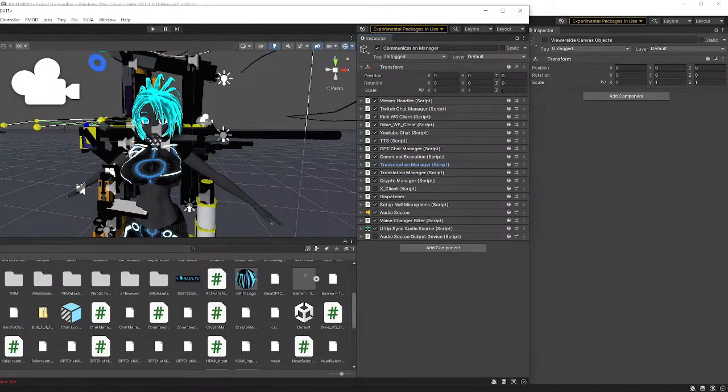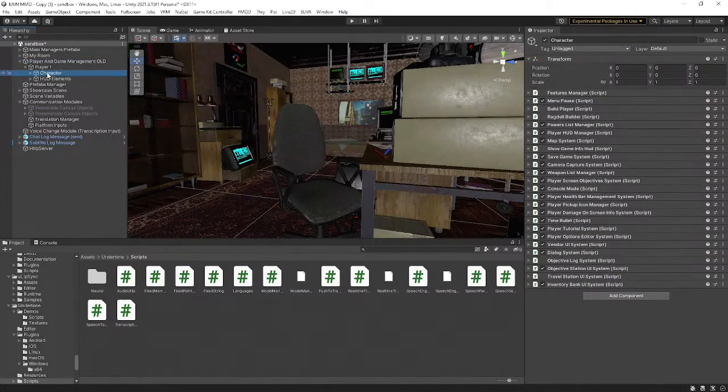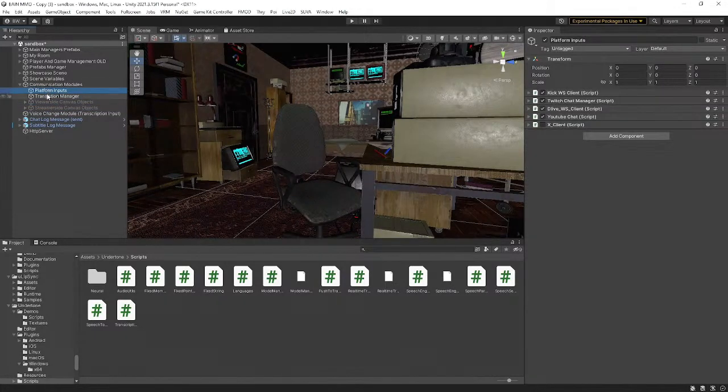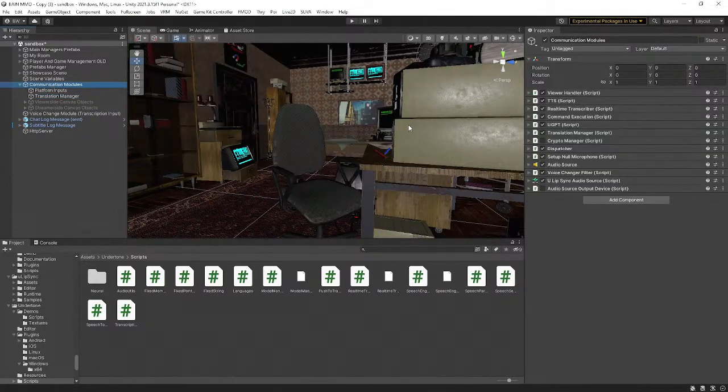Okay, so this is the old one. There's a lot of things that end up getting lost in translation here. So, jiggle physics. I end up losing my jiggle physics. Alright, translation manager. Okay, translation manager needed a